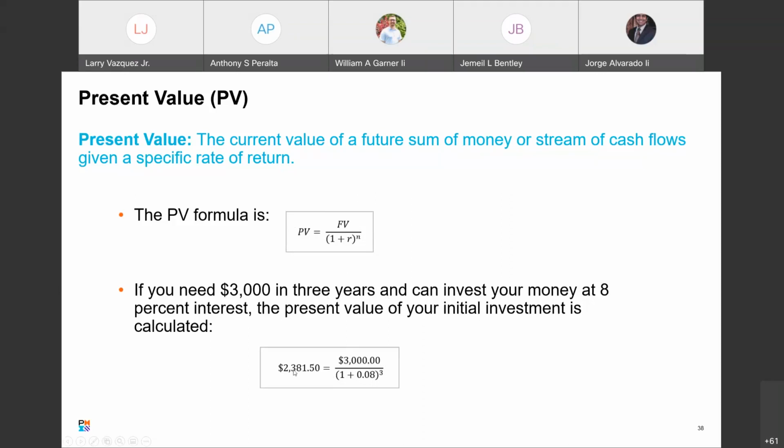So in order to have $3,000 in 3 years, today you need to invest $2,381 and plan on an 8% interest rate for 3 years. That's how you get to 3.